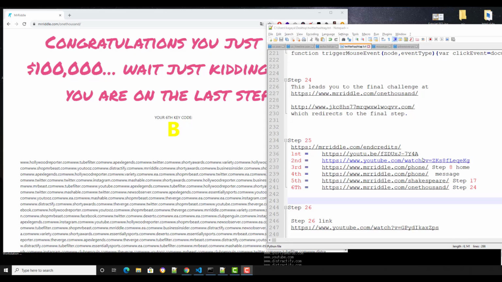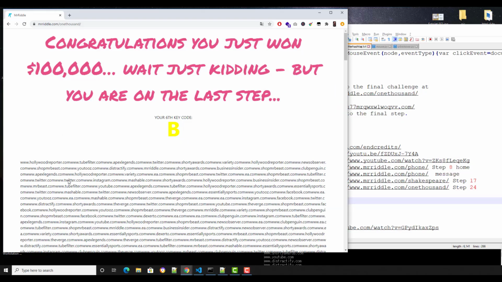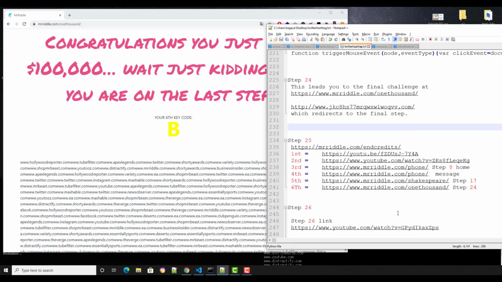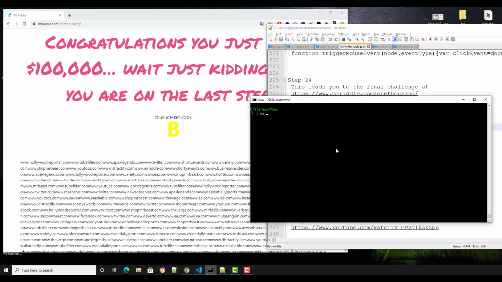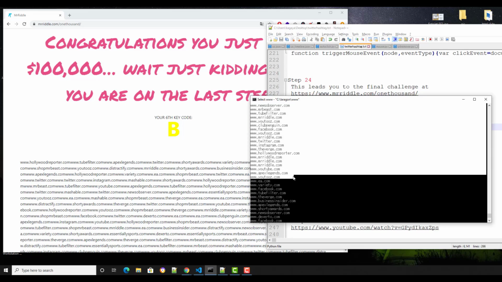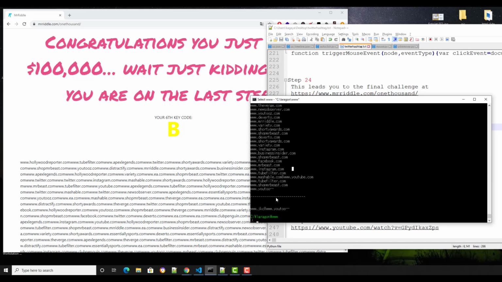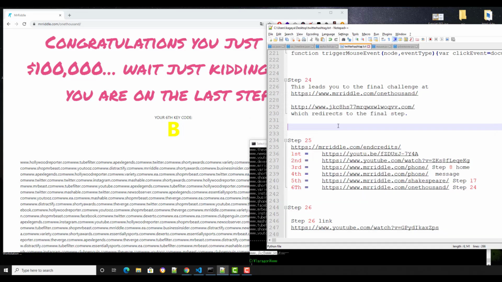Okay, so we're back. So this is how we're gonna solve step 24. So basically, if you see this, there are so many websites, right? If you can program this, you don't need to program this thing. And you're gonna get all of the code like that, and you're gonna get something like this in the middle. So I did not finish the program yet, and so I'm gonna give you the link